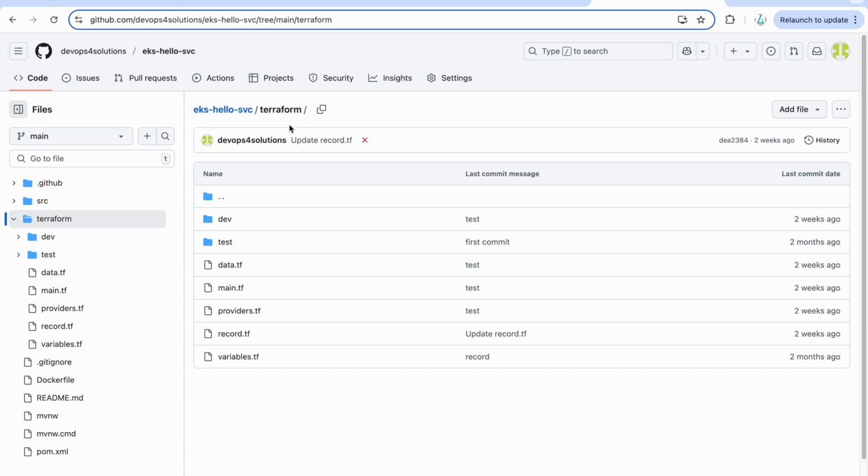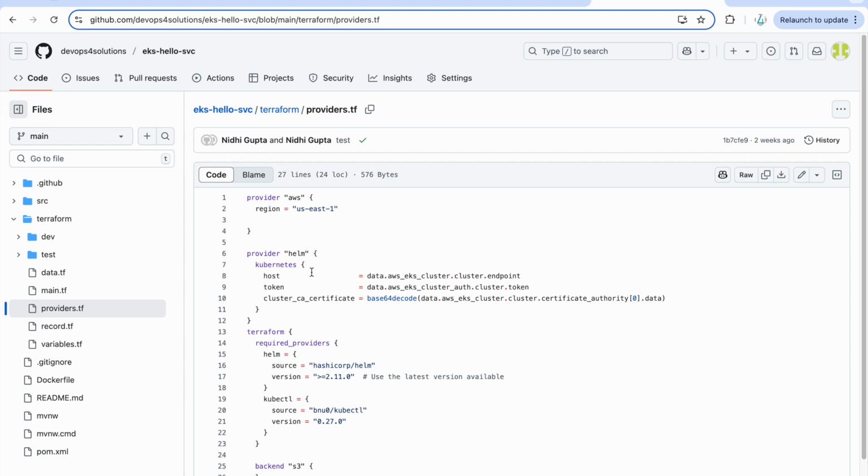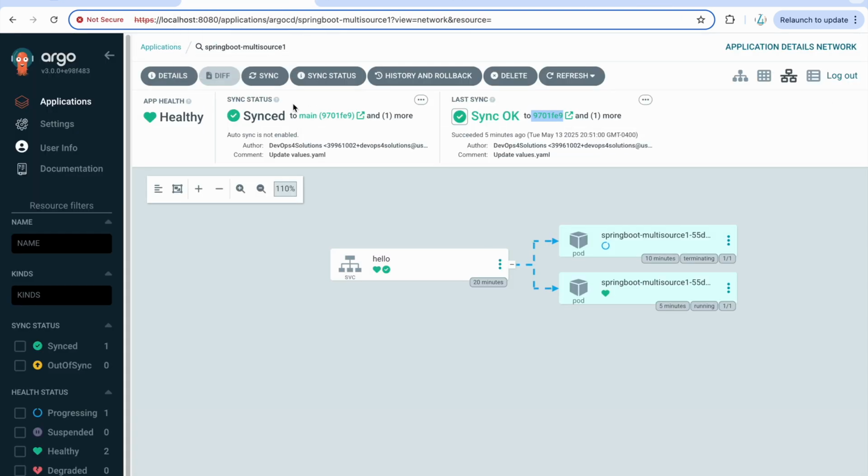And with Terraform, here you can see that to communicate with the Kubernetes cluster, I am using the tokens, host, cluster certificates, everything you need to communicate with your Kubernetes cluster. But in this process, because your Argo CD is deployed on the same Kubernetes cluster, there is no need to provide any token to communicate with the cluster.